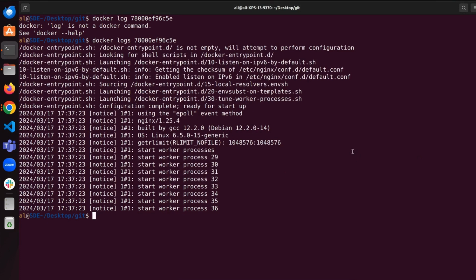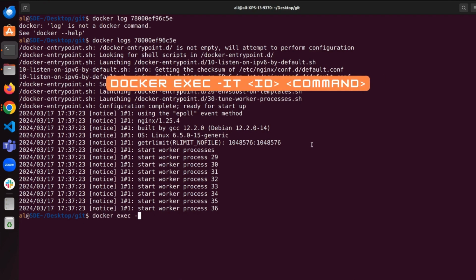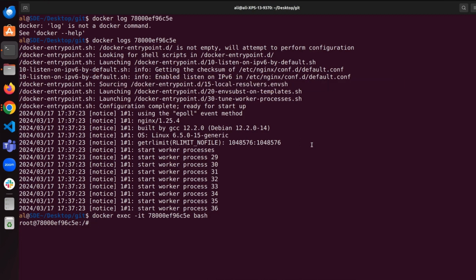Furthermore, to execute a shell command inside a running nginx container, we can simply run docker exec -it container ID and then the command, bash. It just redirects us to inside the docker container with bash as the entry point. Interacting with the running container is possible using this docker exec. This example just opens a shell session inside the container for executing